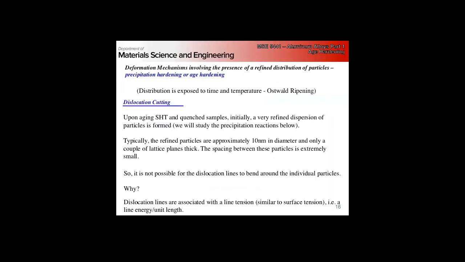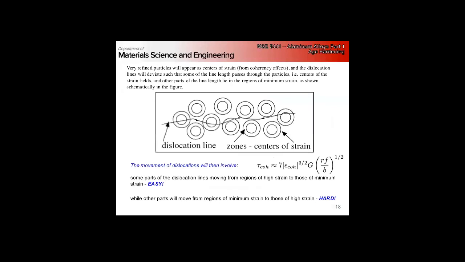So then this is the basic strengthening mechanism of cutting. When the particles are really close, the dislocation can't bend around them because of the line tension, right? And GP zones being coherent,